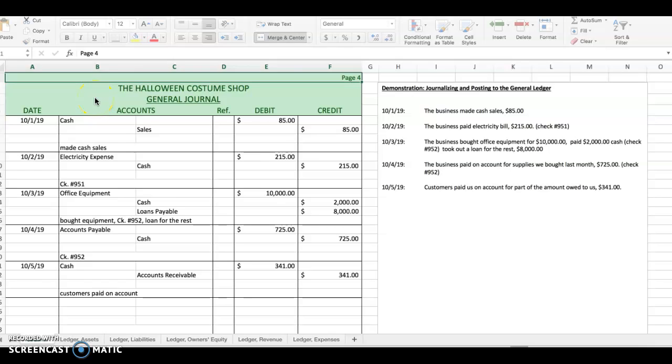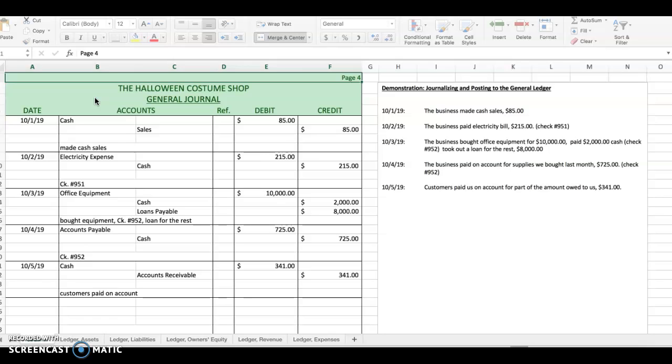The previous video you just looked at showed you what an actual general ledger looks like. We looked at the parts of the pages that would be in the ledger, and now we're ready to look at the actual process of posting. On your screen you see a general journal for the Halloween costume shop, and some transactions have already been journalized,